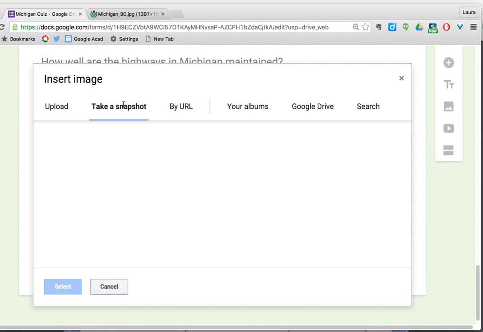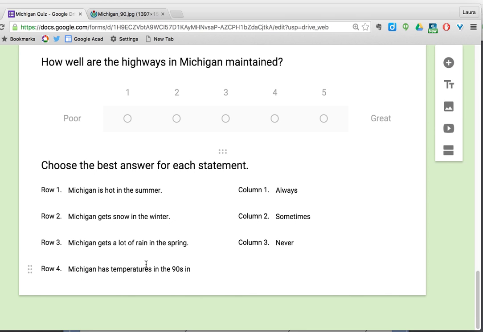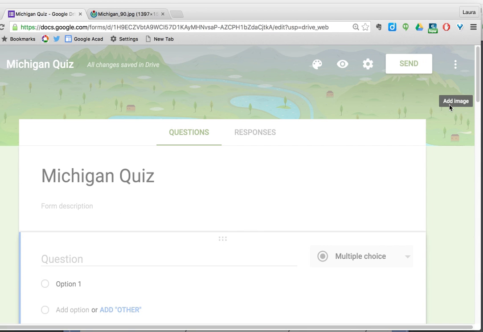You can take a snapshot, and taking a snapshot means that you're going to be using your web camera. Of course, it's usually you sitting in front of the web camera, but you could hold up artifacts that you have in the classroom, such as Michigan's State Rock, and take photos of that to bring into the quiz. In order to activate the camera, you need to tick off the radio button next to Allow so that you're giving permission for the camera to interact with the Google form. I'm going to cancel that one and go back in and show you the next one,